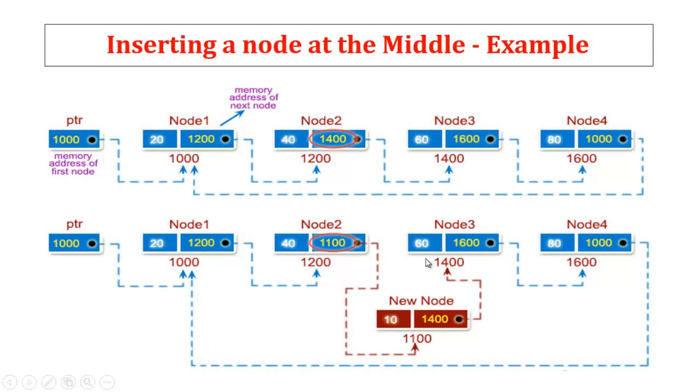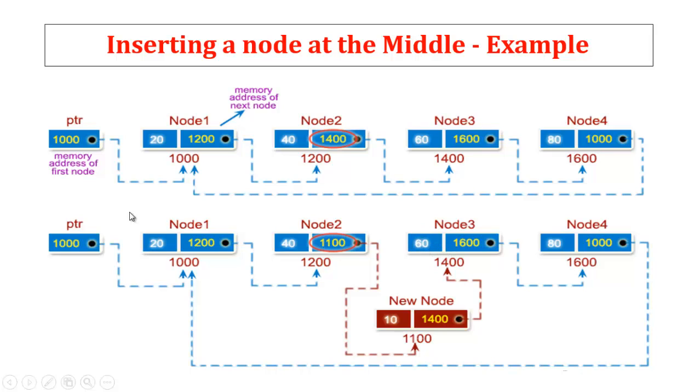My aim is to insert at this position, that is node 3, which means we are going to identify the previous node of the specified position. Take an example: we have 4 nodes, and our destination is to insert a new node at position equal to 3. But we are going to identify the previous node address. Then only we can make a certain adjustment, linking from the new node to the next node address.